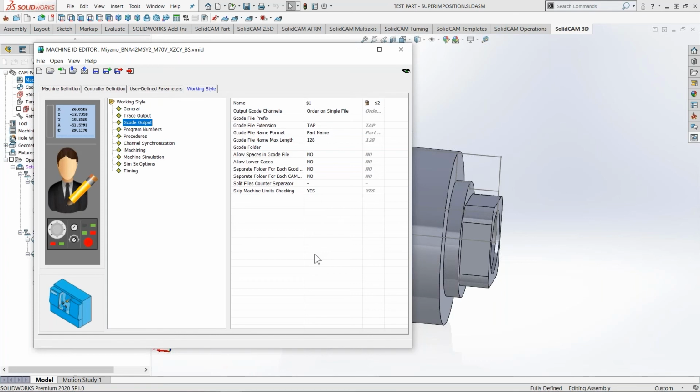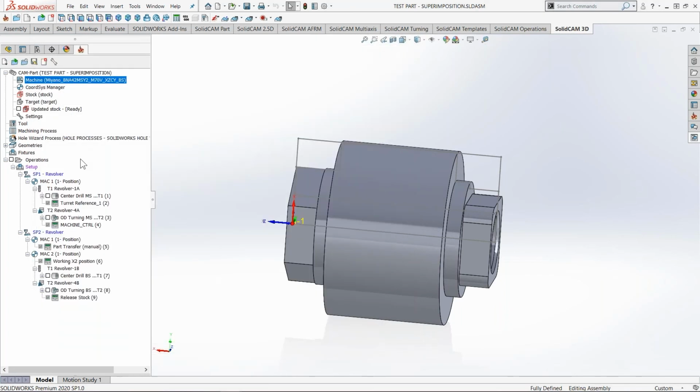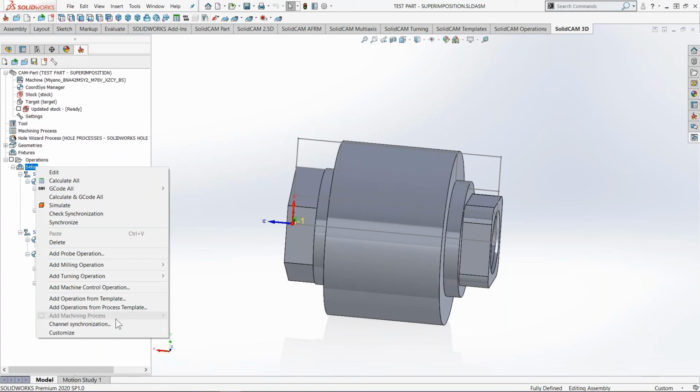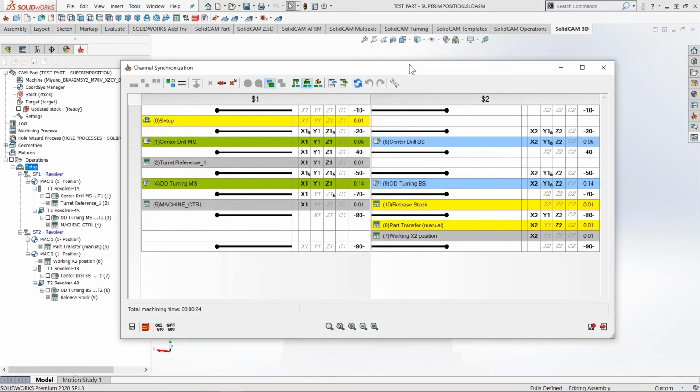Okay, so I would like to summarize when you should use these options. In this post, I use the ordered on single file, and I think this is maybe the best one to start. But before, I will start from the mixed on single file, I think it will be easier for me. But before I start with the explanation, I'll go to the channel synchronization and explain the flow of the information. The flow of the information is the key in understanding how to write for multi-channel